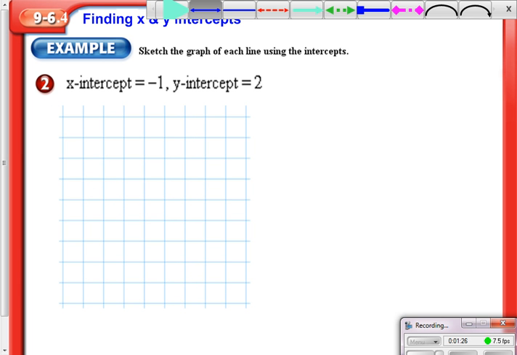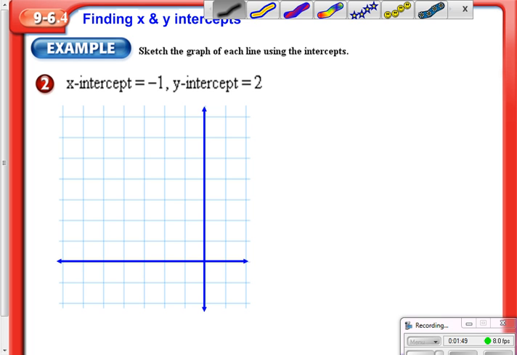Next example, again, note what you need to get to here. We need our Y-intercept to get to 2 and our X-intercept getting to -1. So I would probably make my graph something similar to this. I know -1 is my X and 2 is my Y. So make your graph something similar to that, and then you'd go ahead and plot your 2 points that you